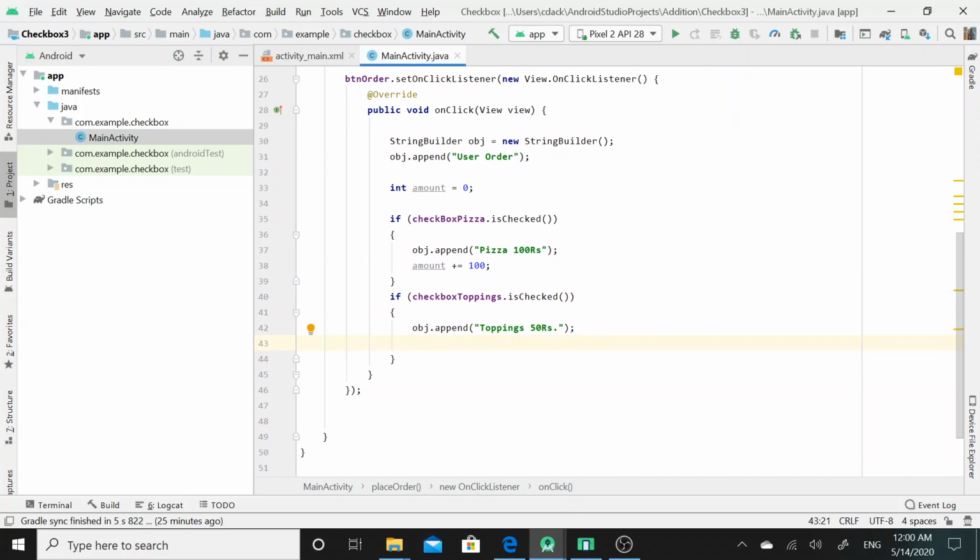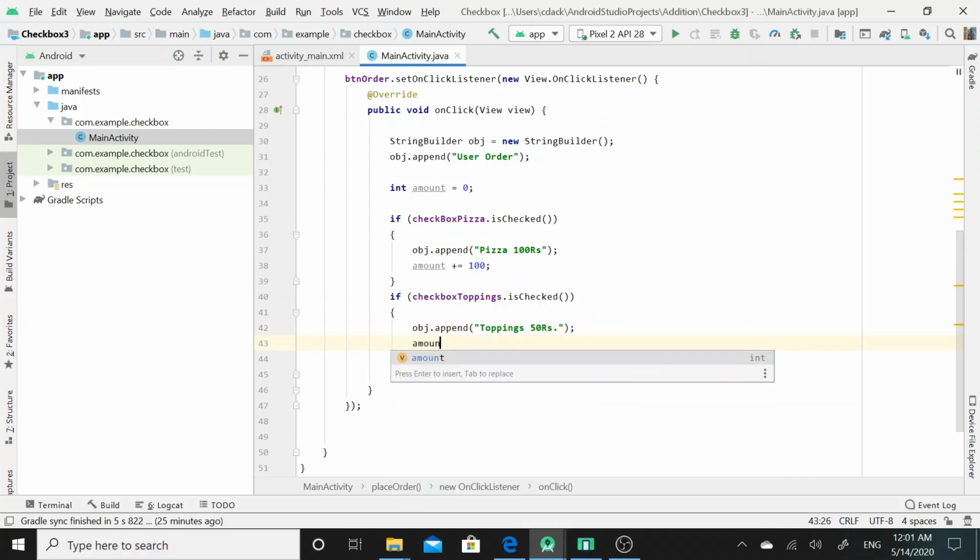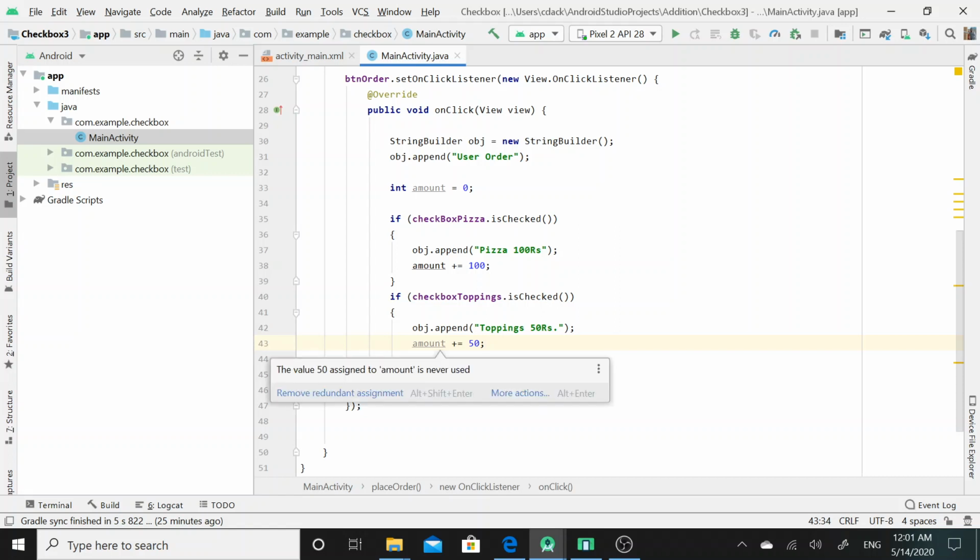So again, if the user has selected this checkbox, I need to increment the value of amount from 100 plus rupees 50. So here I will call the variable amount, plus equal to operator, and assign the value 50 to this variable.